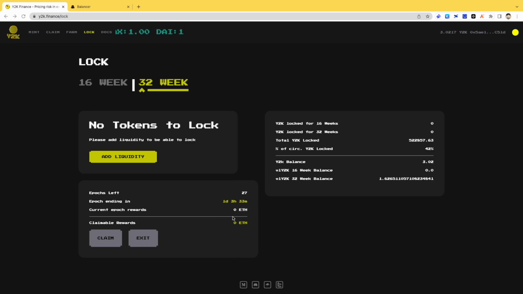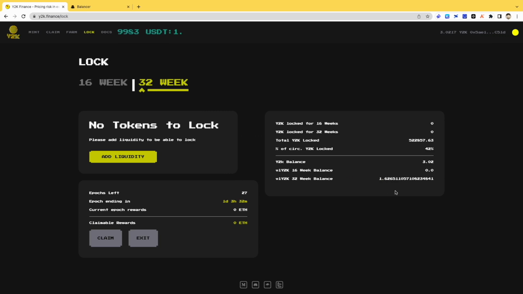So this is going to be 50% of the fees that the platform generates. And this is great because now we can, of course, earn some passive income, but also earn the revenue that Y2K earns. So yeah, this is fantastic. And I hope that was very simple. It's quite simple to do, very easy to do. It only takes a minute or so, but that's pretty much how it works,